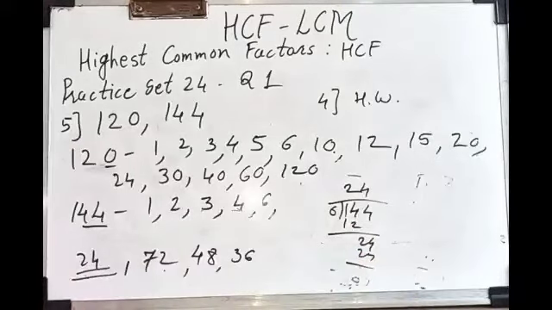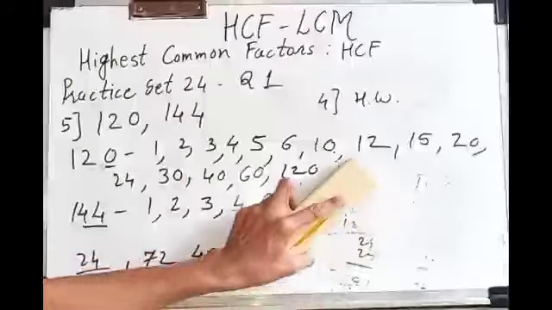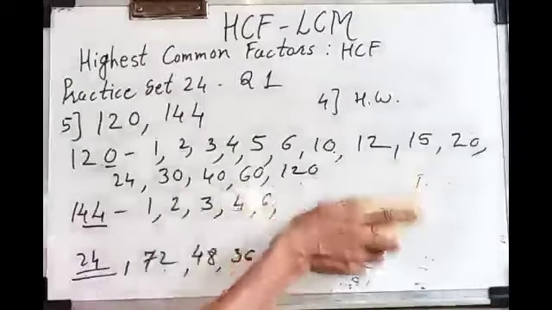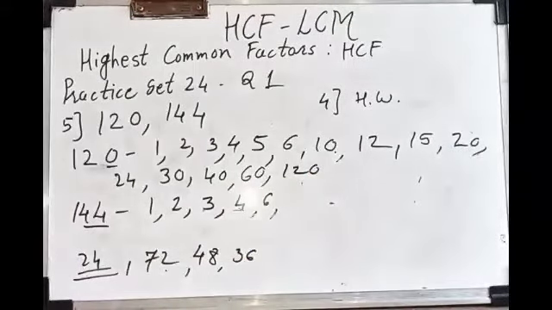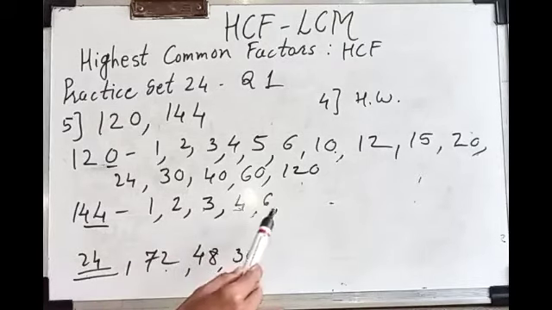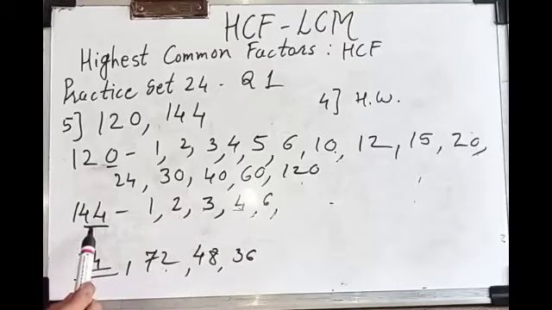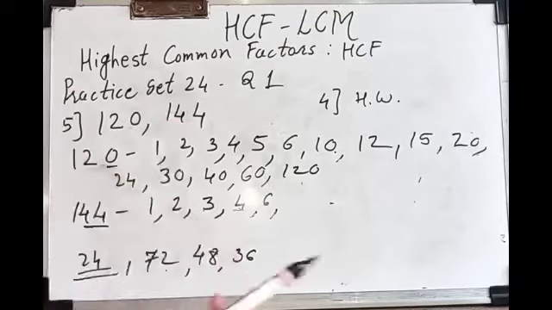24, which we have already written. Okay, then see, this way you can get the biggest factor. Now we don't learn the table of 72, isn't it? So how did I find this 72? When we write these smaller factors, just do the actual division, and whatever quotient comes, you also have to note that down.